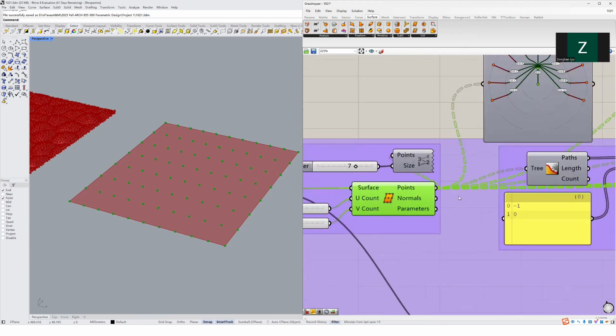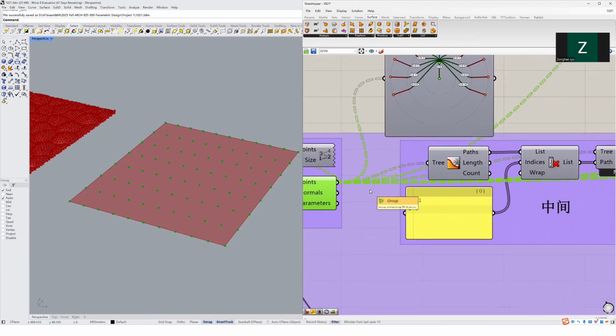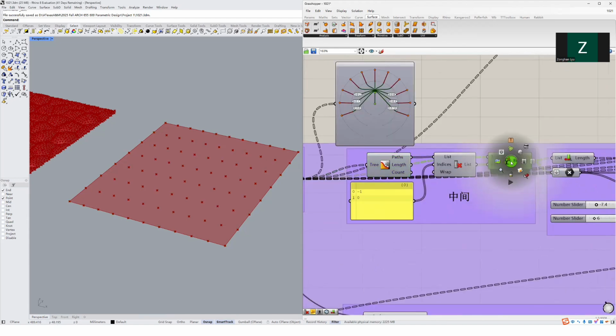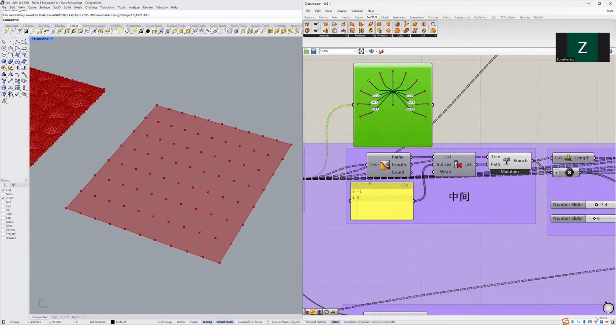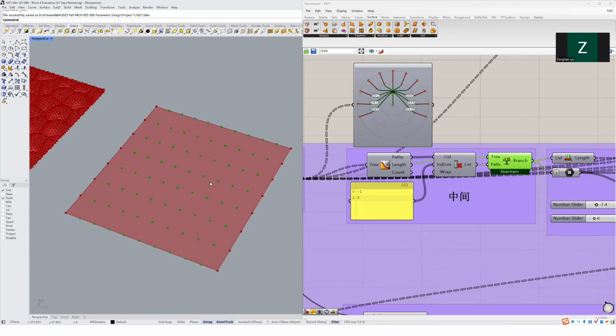After getting these points, I needed to filter the data tree. The purpose of these steps is to filter the points that need to be randomly moved. As we can see in the parent view, there are 11 branches, and each branch contains 8 points. So we need to cull the first branch and the last branch. That's the 16 points we don't want to use, and to have the rest of the points move